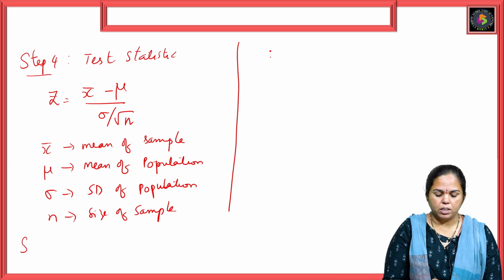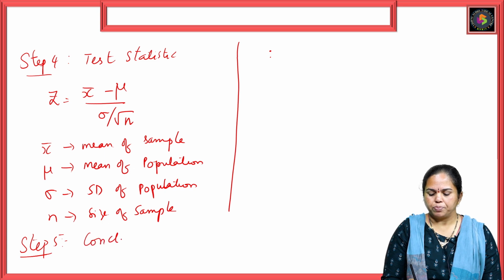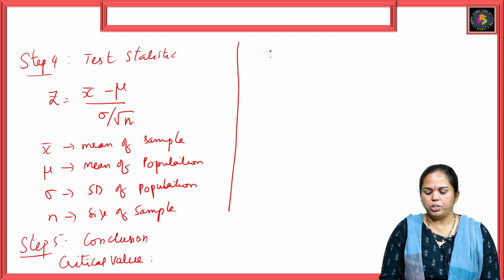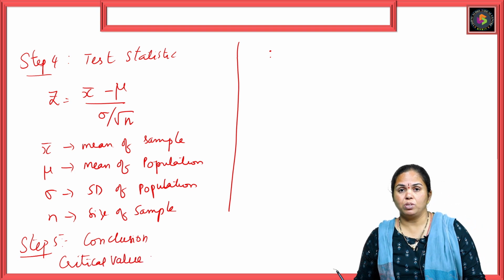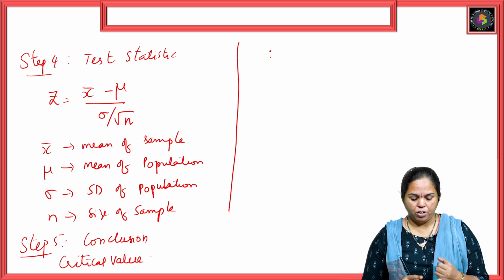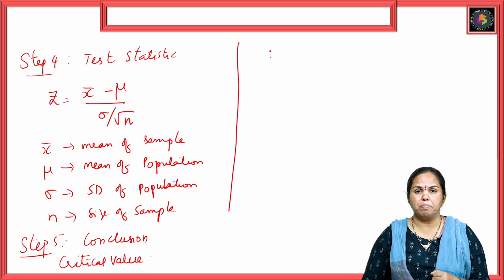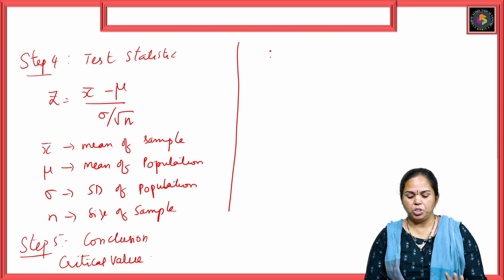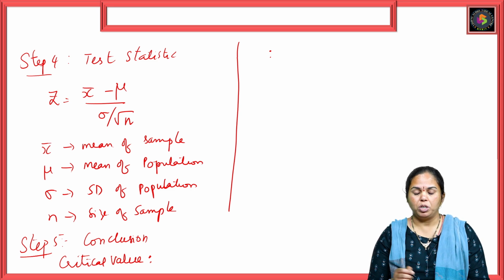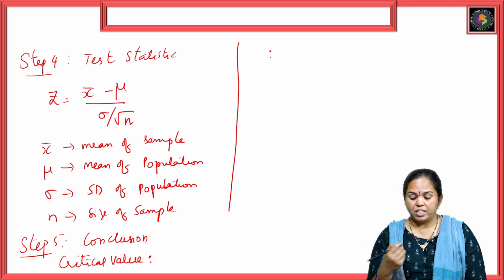So next, step 5, conclusion. Here we use the critical value. For the large samples, you need to memorize the values that are given in your notes or textbook. You will be available with the table. There you have 5%, 10%, 1%. Those values you need to remember. These values will not be given in your final exam. So depending upon the critical value, we categorize whether we have to accept or reject the null